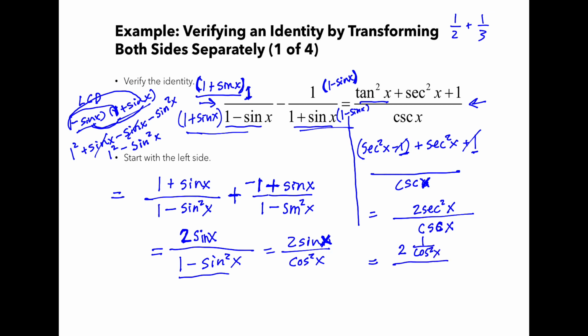And on the bottom, I have cosecant, which is 1 over sine x. So 2 times 1 over cosine squared x times the reciprocal of 1 over sine x would be sine x over 1. So I'm doing that division by 1 over sine x, which flips the bottom, and that gives me 2 sine x. This is still 2 over 1, so it's going to go with the top. So 2 times 1 times sine x, so 2 sine x over cosine squared x, which is what I had